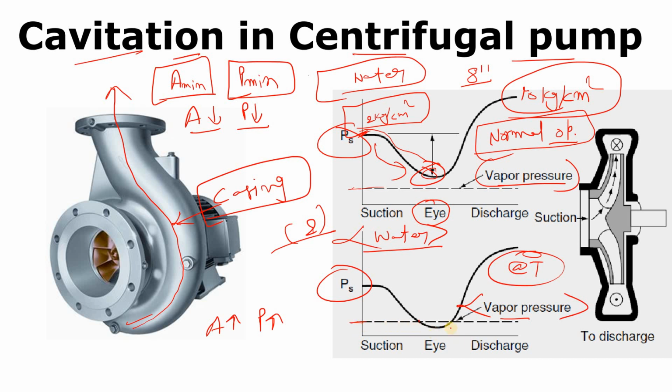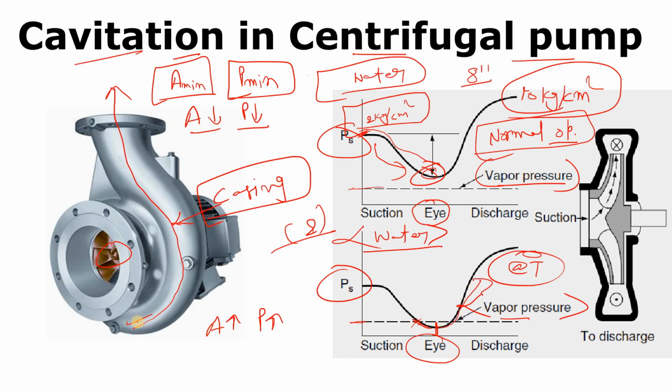So what will happen at that time? If you know about boiling, in the boiling case, as the pressure of the fluid goes equal to or below the vapor pressure, boiling starts, right? So here also, after this point the boiling will start. It will happen at the eye side here. So your water will boil, and at that point you can see that your pressure is minimum, and after that your pressure is increasing.